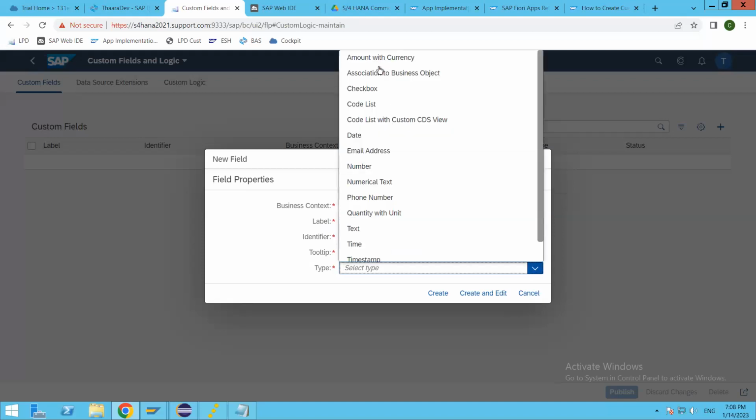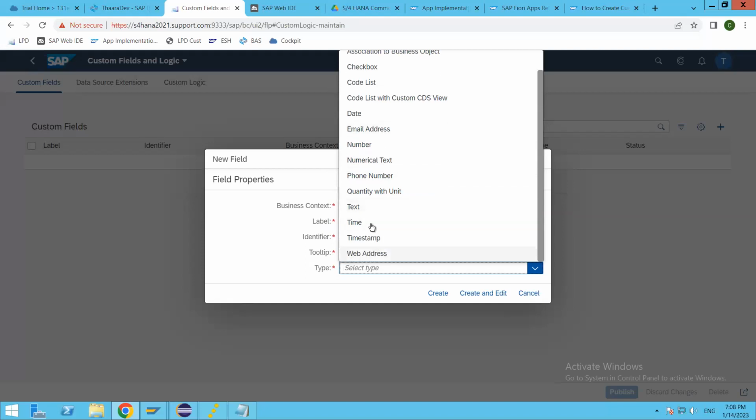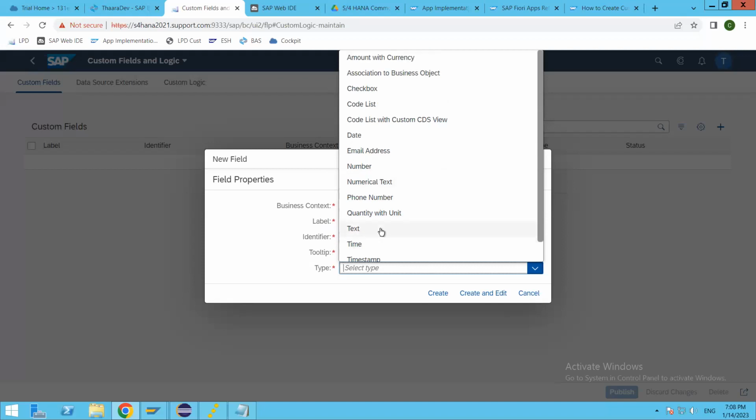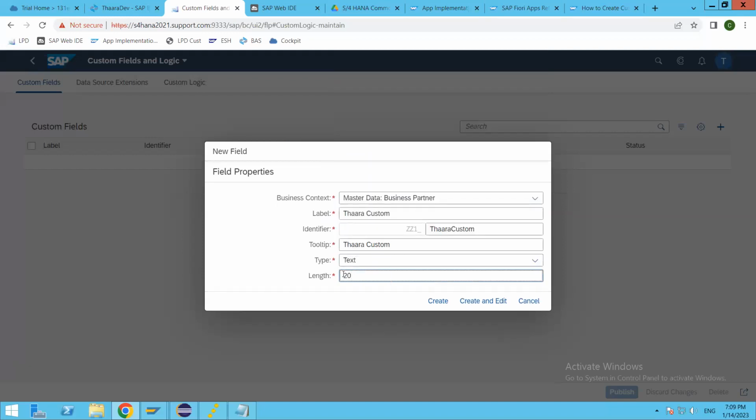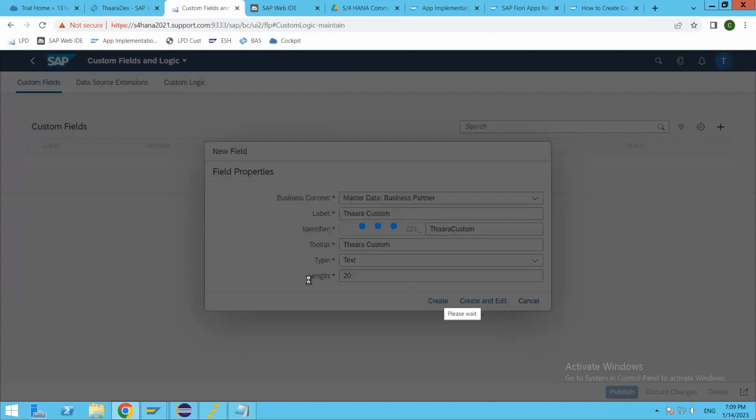So what type of this one is? These are all the data types that are available for us, whether it is going to be an email address or a text or a timestamp, whatever. So let me say this one is going to be the text field. The text field length is going to be 20. That's fine. So let me create it. Before we click on create,